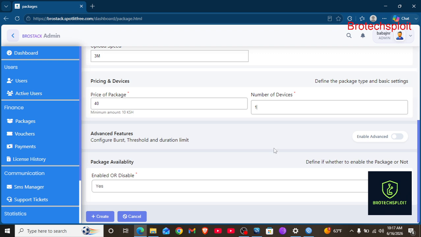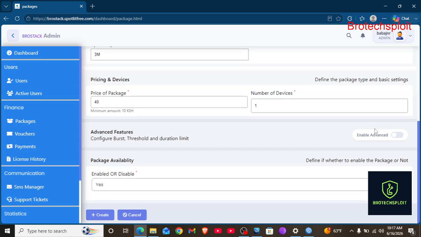So here, the number of devices, what it simply means is that if a user has an account, let's say his account is, let's say, Vincent or BR26 something, the number of devices, if you limit to one, then it will only be available to one device. That account will only be used with one device. If you say two, that account can be used with two devices simultaneously. You can also enable the burst, or if you don't want, you can just leave it like that. Then you create,